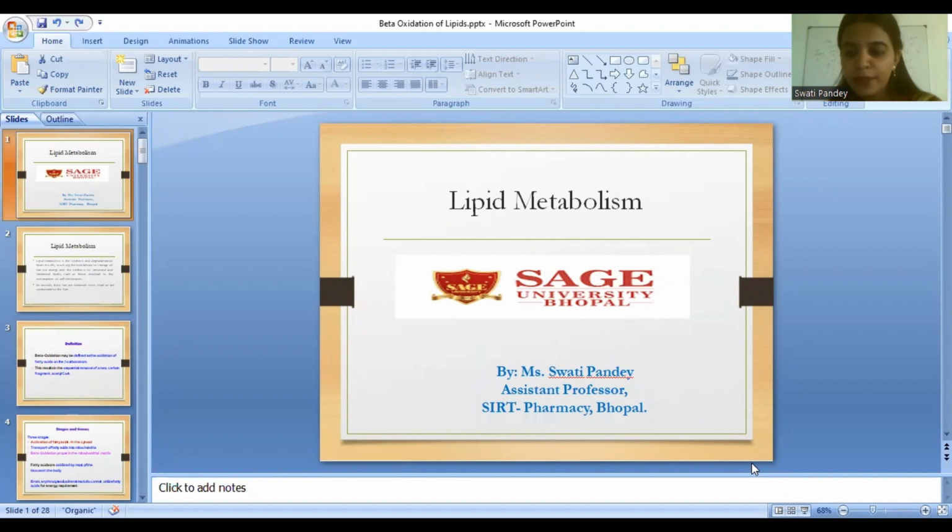They were previously known as the triacylglycerol or triglycerides, which actually constitute 80 to 90% of the total lipids. They are also known as neutral fats, and they are stored in the form of adipose tissue in the body. The use of lipid in our body is to provide an insulating material and regulate the